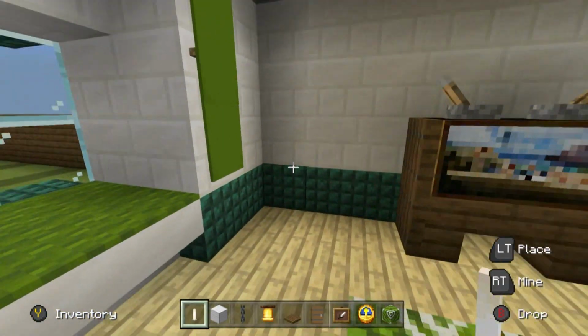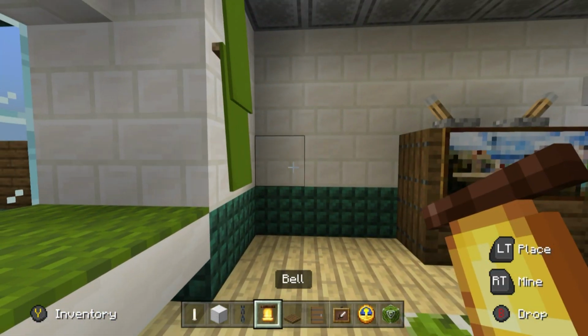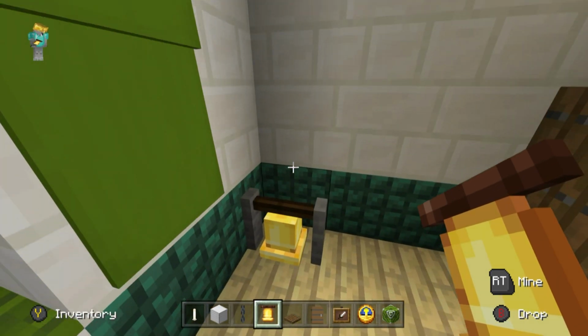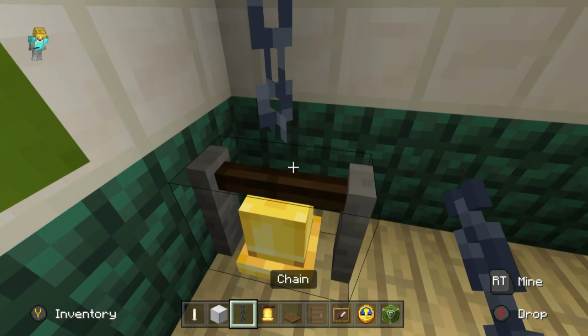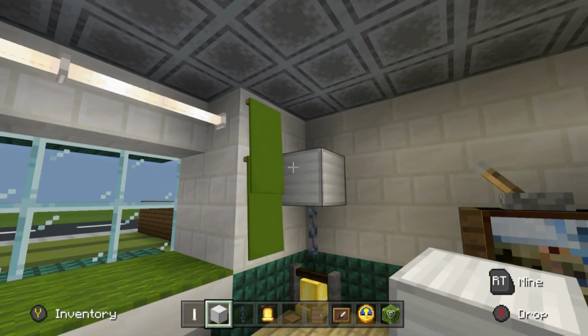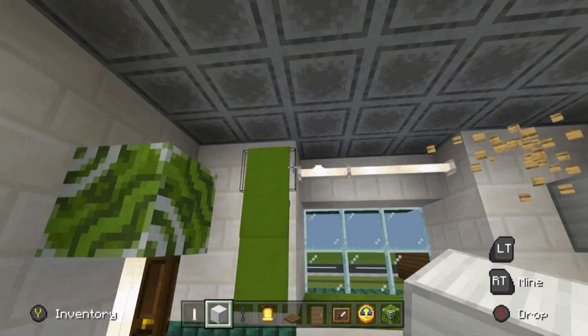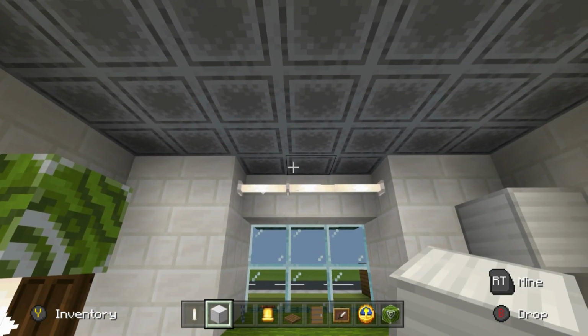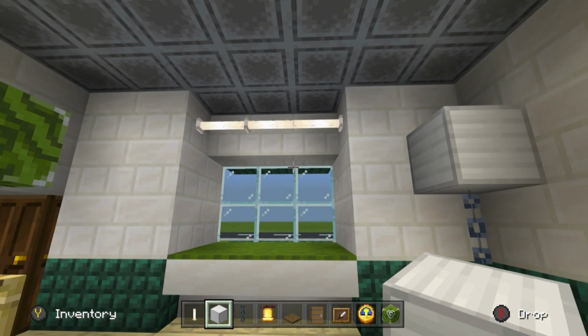So, in the corner of the room, we're going to have a grandfather clock. That's going to be a bell on the floor with a chain above it, with a block of iron above that. You see, this is where the curtains might get in the way. We may have to remove the curtains. We could even hang them from here. No, we can't, can we? Can we hang them behind the...